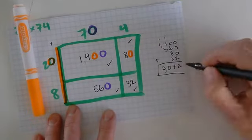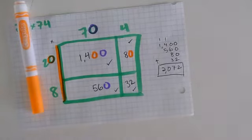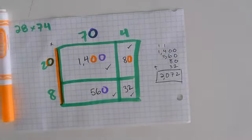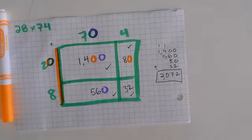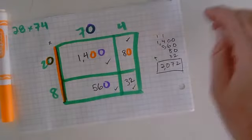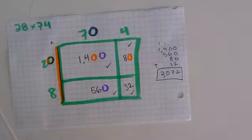So, hey Siri, what is 28 times 74? What's 28 times 74? All right, this checks out, which is really interesting to me